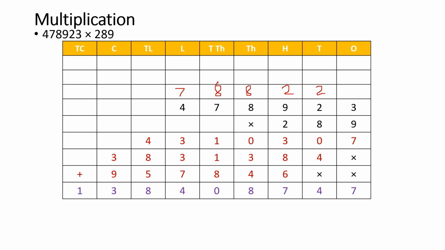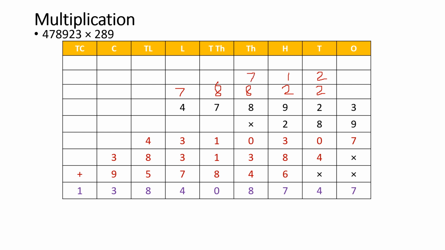Now at tens place there is 8. At first we will write this cross sign here, and now we will multiply all these numbers by this 8. 8 threes are 24. We will write 4 here and 2 here. Now 8 twos are 16. 16 plus 2 is 18. We will write 8 here and 1 here. Then 8 nines are 72. 72 plus 1 is 73. We will write 3 here and 7 here. Then 8 eights are 64.